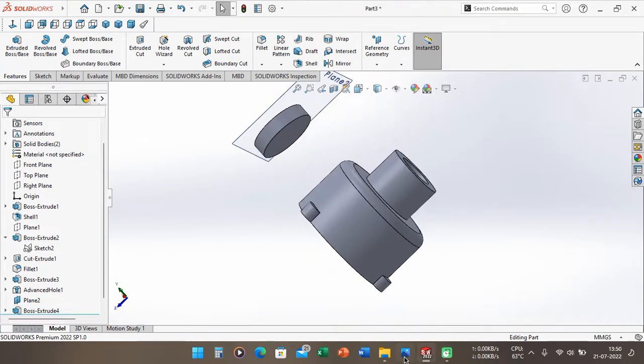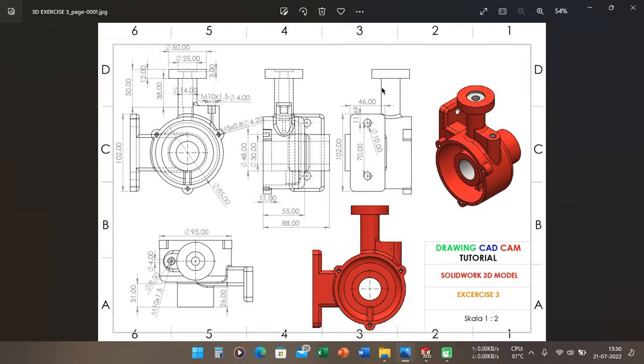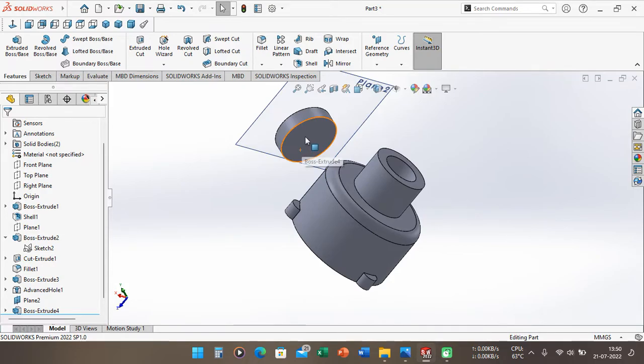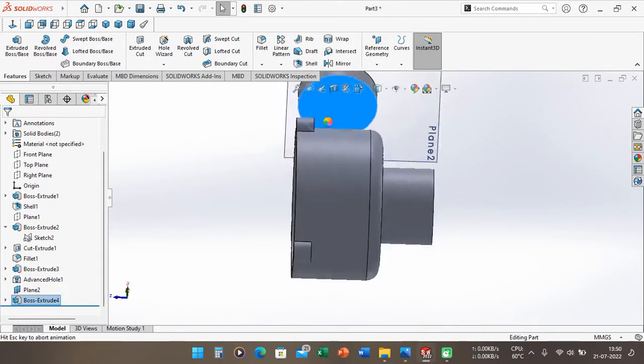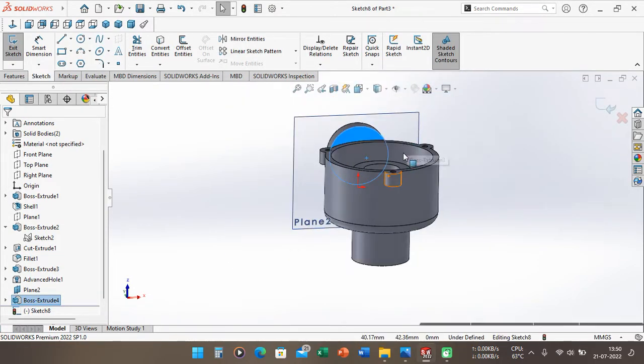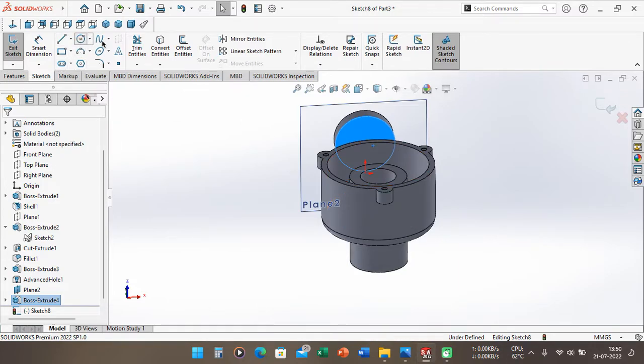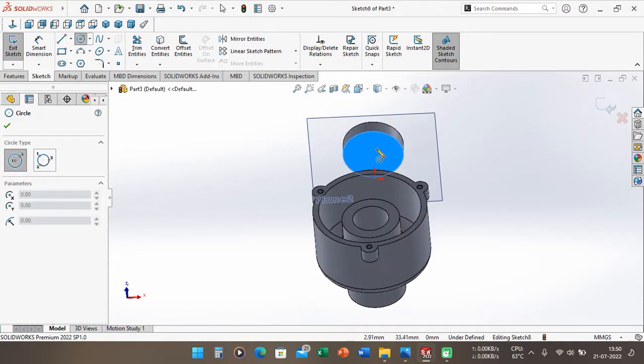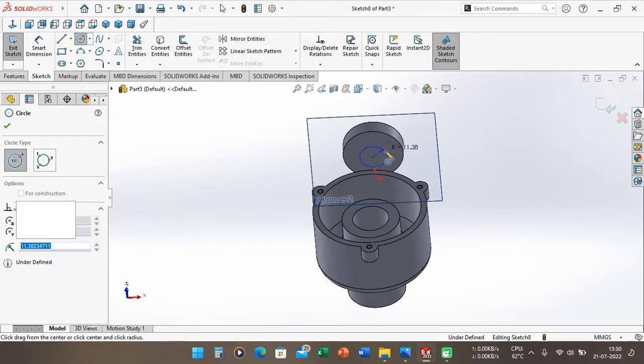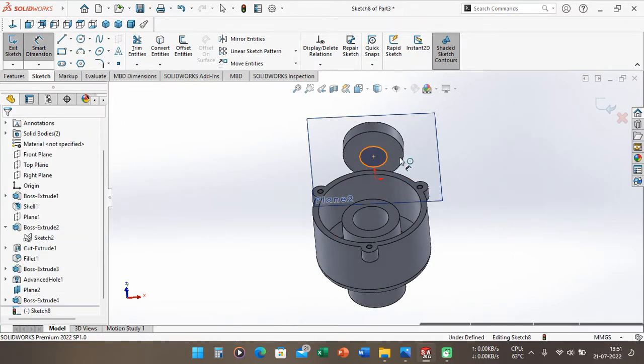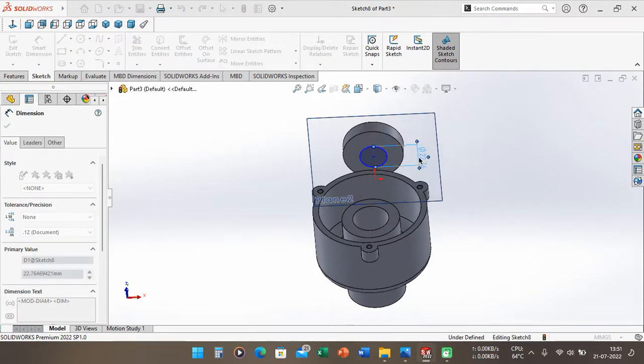After that I want to make the section, and the diameter of this section is 25 millimeter. So we can go to this space and choose the sketch. After that we can choose the circle here. We want to make a circle here, and we can define the circle is 25 millimeter.